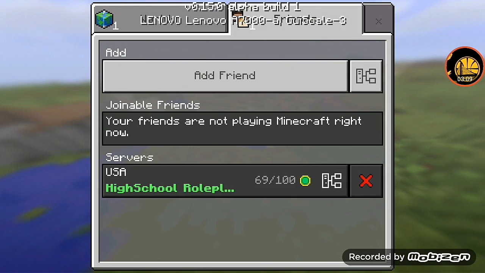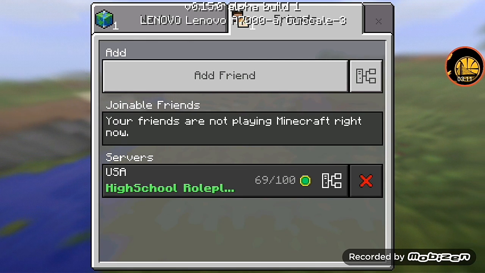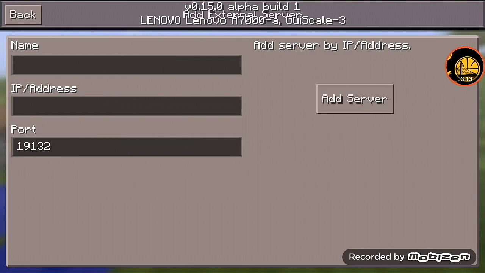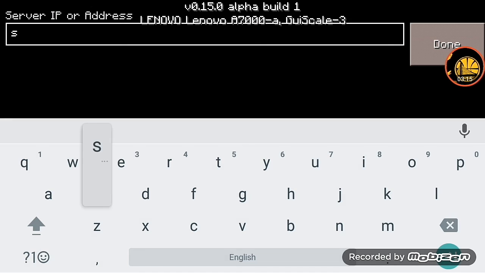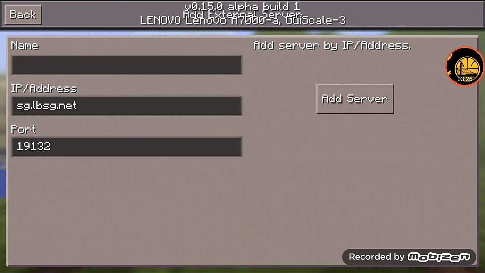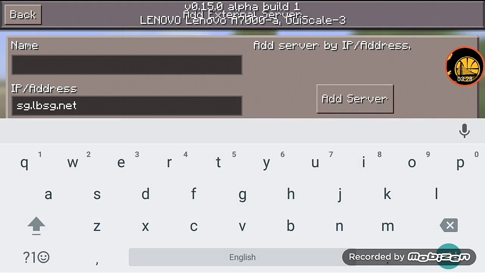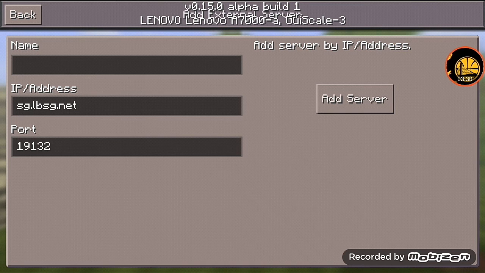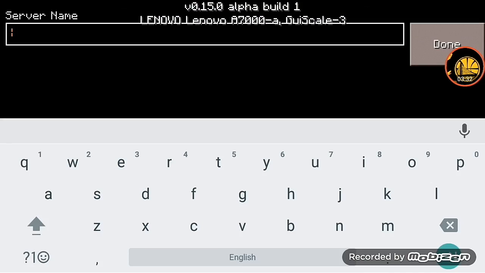Next is the lifeboat. SG. Name. Oh my god, I forgot it. Oh wait. Oh yes. This is from USA.